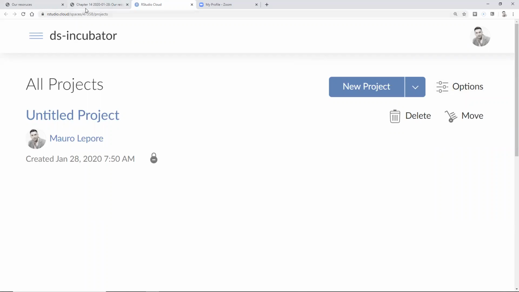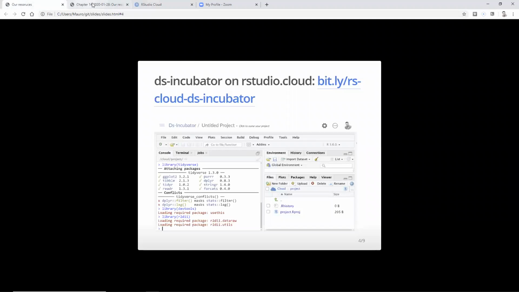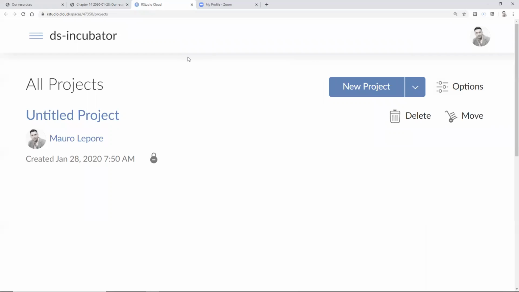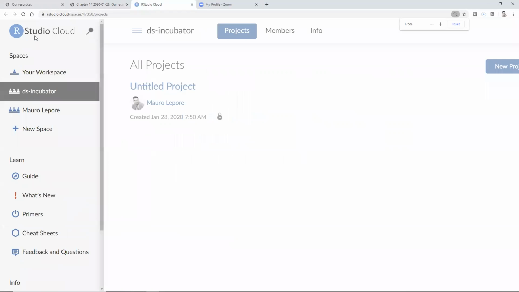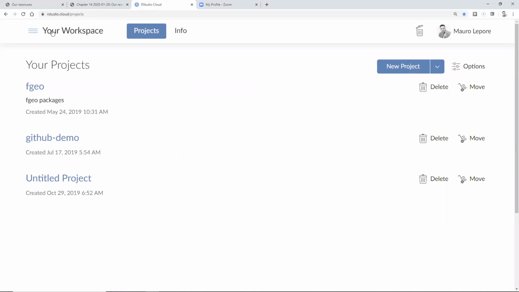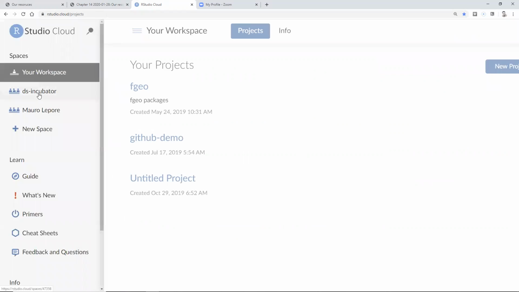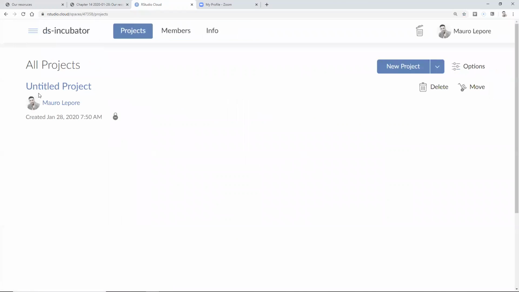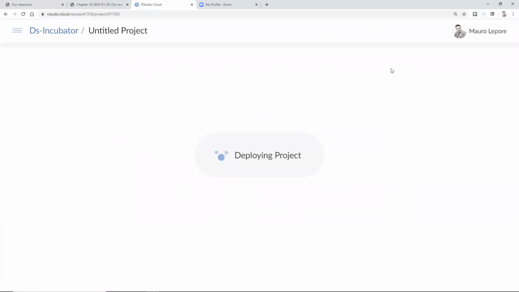I shared the link here, sorry for jumping so much. It will send you to what we call a workspace. rstudio.cloud lets each person have their own workspace with their own projects, but you can also be a member of other workspaces. So if you click the link of that presentation, it will send you to a workspace owned by the data science incubator. What that means is that you can have access, and you can create a new project, for example, by clicking here, and that will